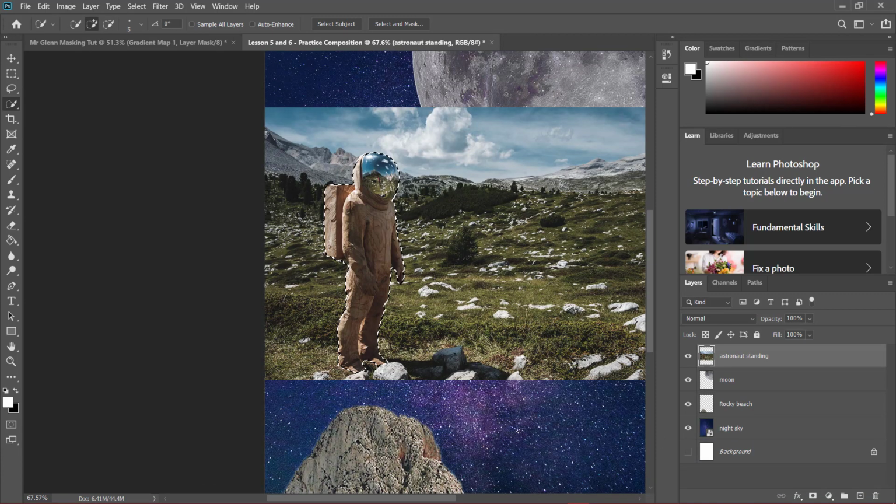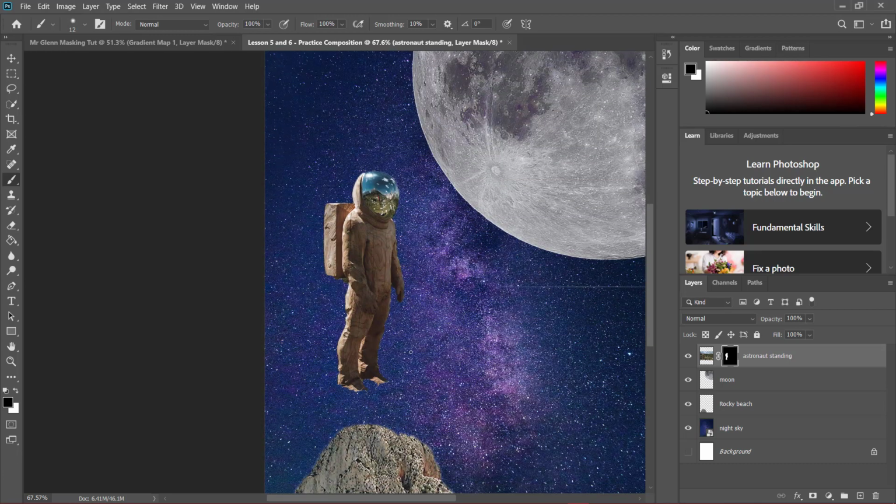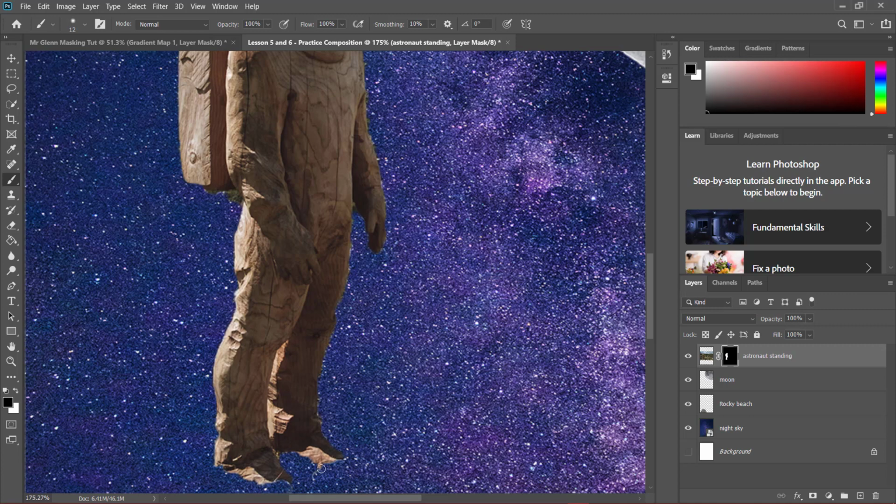So I've got my astronaut statue here ready to be put onto this plinth, and I've made a selection. Now I'm going to use what I know from my previous lesson, and in this practice we're going to go and quickly mask this out, and then I can use my X key like I've done before, and I can start to paint using my brush tool, which is here. And what's going to be good about this is the way that I can start to just very carefully feather the edges